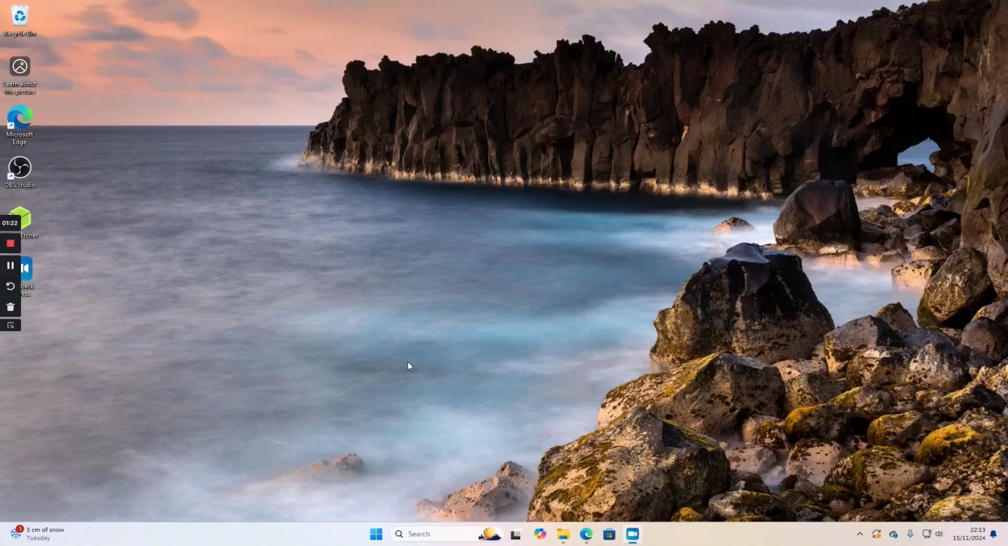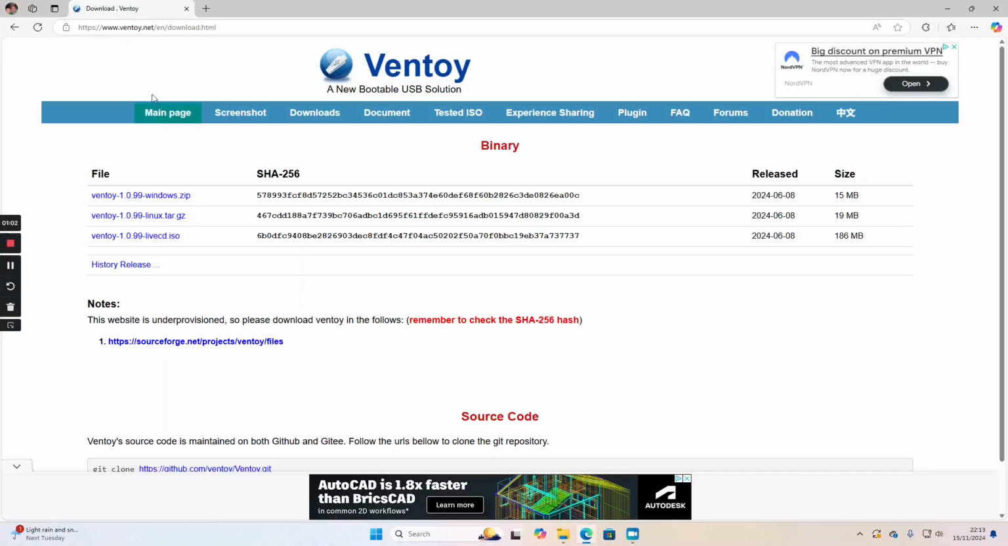But for now, all you need to do is insert a USB drive into your machine and make sure it has no data on it that you want to keep, because it will be wiped as part of the process. So the first thing you need to do is open a web browser and go to